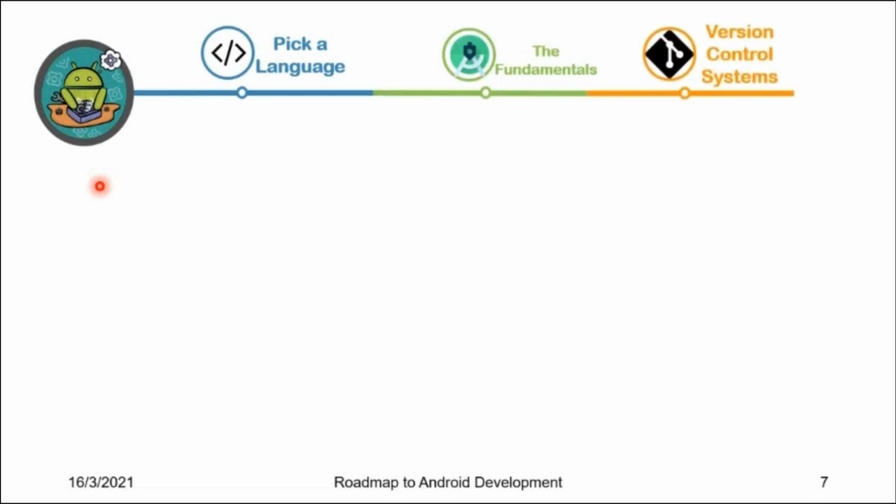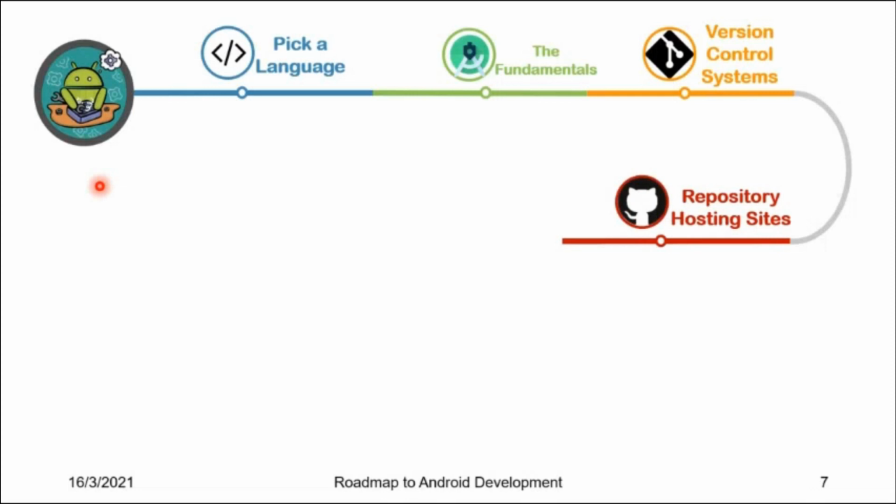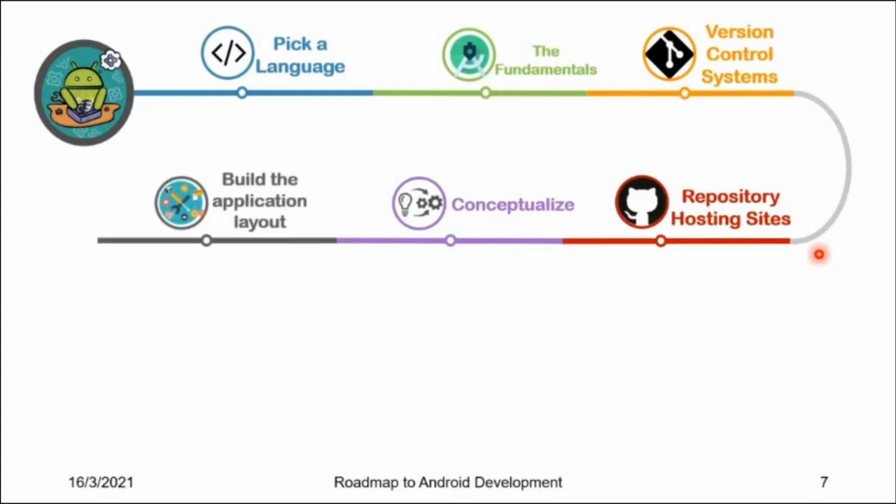And then after that you use version control to help you manage your apps better. Then you use a repository hosting site so that you can store your apps online, so that you can use them later or manage them better remotely. Then you conceptualize the app. You think about what the app is going to do and all the features included in the app, and you make a proper wireframe. Next step is building the application layout, basically the UI of the app,